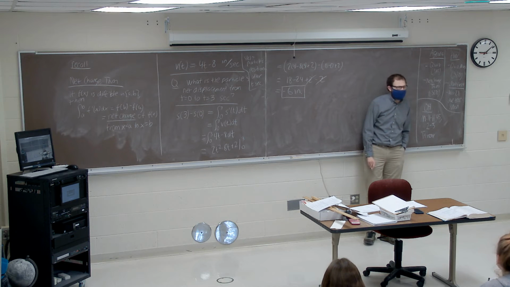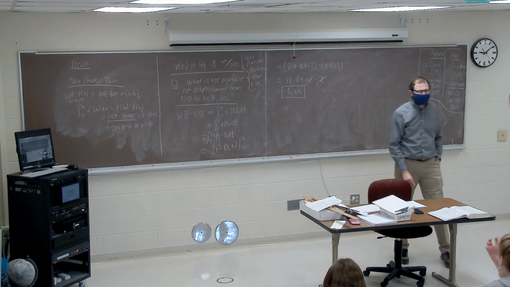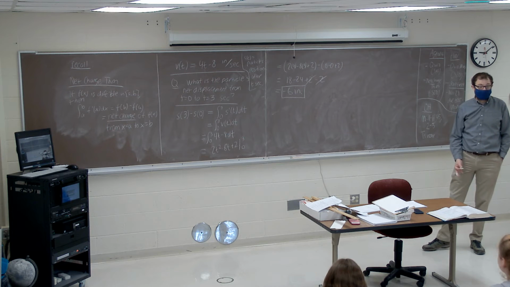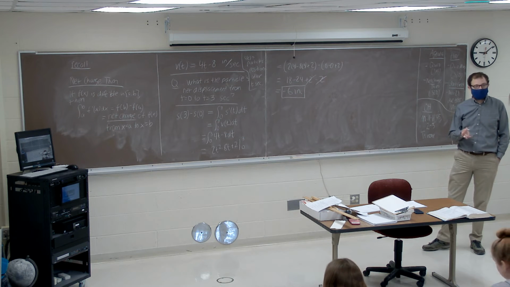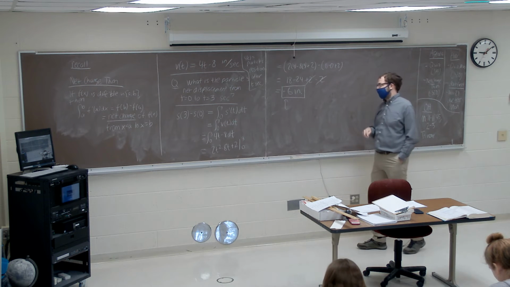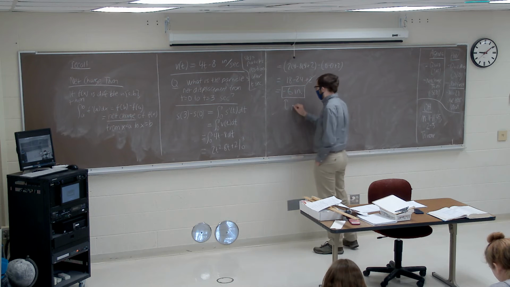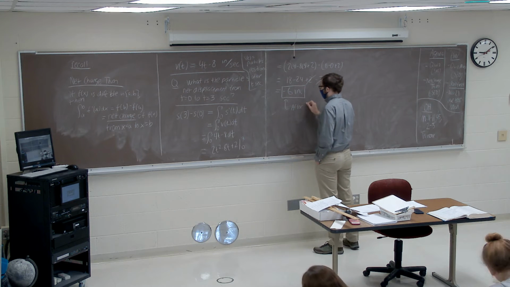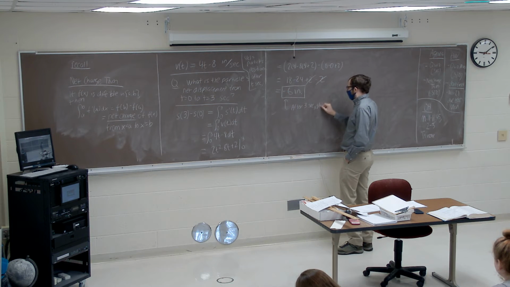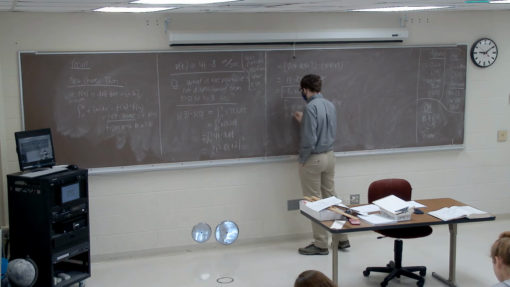It seems that we have a negative number for our answer. What does that mean? Yeah? It was going backwards, like away from the origin. For the whole interval? No, just in total, in net? Yeah. I would say that finding a net displacement of negative 6 inches just means that after 3 seconds, the particle is 6 inches behind where it started.